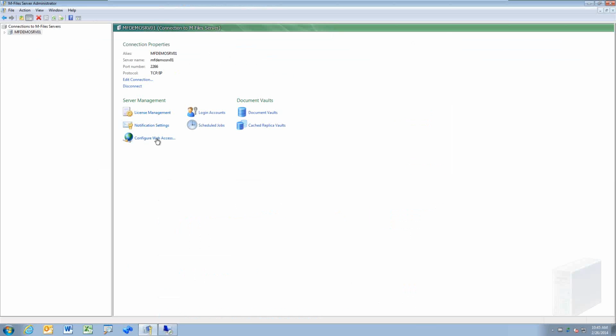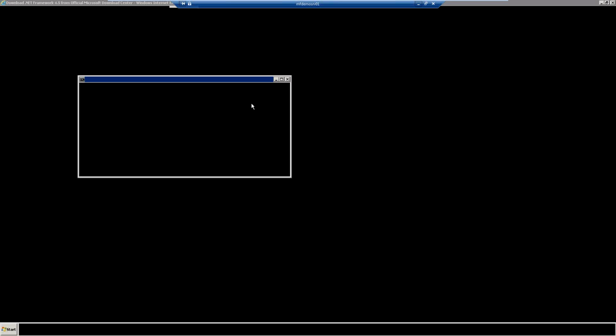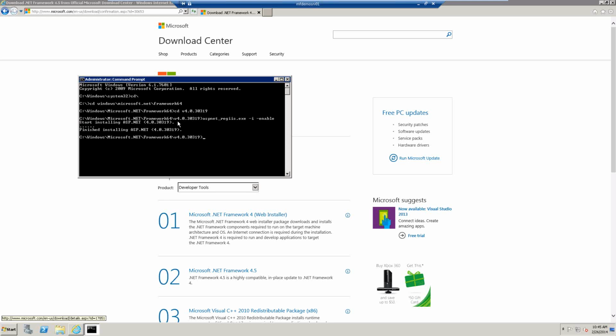It's going to say, you have to install IIS. You have to install ASP.NET. It will even give you that command line that we just ran. Now, it's not going to tell you which directory you have to run it from, but it will tell you this right here, ASP.NET_regiis